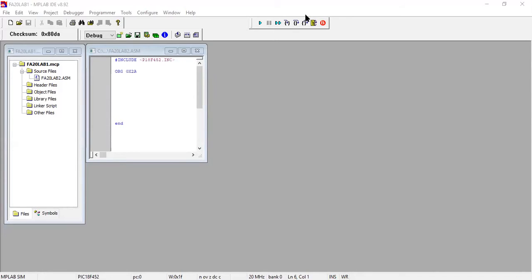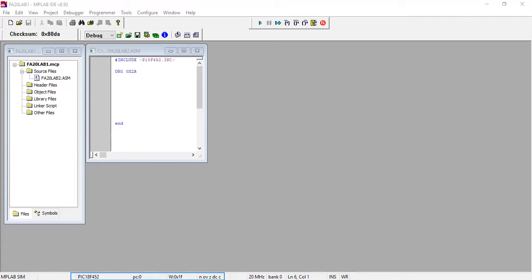A few things that I want to show you before we go and explain and observe the facts. This bar is a very important bar. I hope you can see it. Here you see the name of the device, PIC18F452. PC is the address of program memory, and W right now is 1F. It is just dummy data. Earlier I ran this code, so the result was 0x1F. We're going to see that it will update.